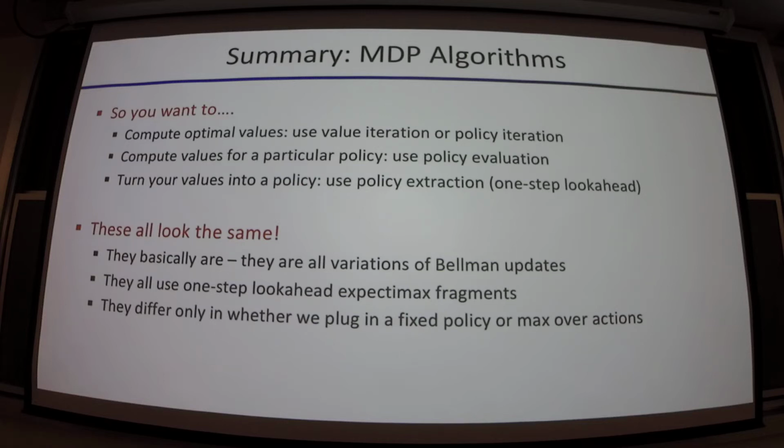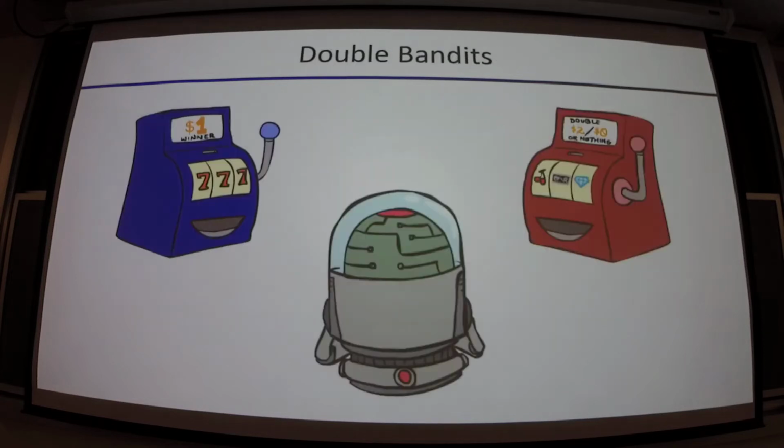Okay, MDPs, we did it. Now we're going to solve MDPs where we have less information. And that's reinforcement learning. Okay, let me run through an example first, and then we'll take a break. All right, who's heard of the two-arm bandit problem? Great, we're going to talk about an instance of a simplified version of that. And that's going to motivate reinforcement learning.